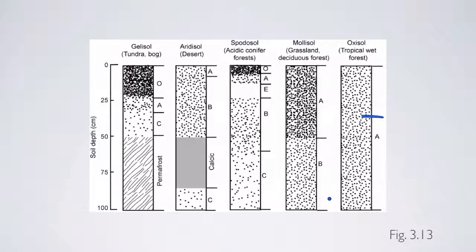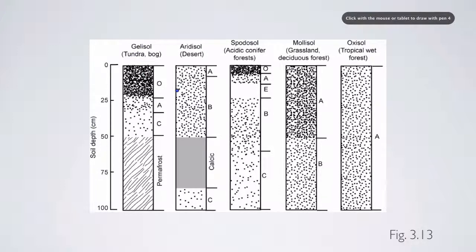The authors give a couple examples of some typical profiles of 5 of the different soil orders. So for example, here is a gelisol, and that's a tundra soil. You're going to have an O horizon that's relatively deep, lots of carbon there. Then you tend to have a relatively shallow A horizon, C horizon there if you do, and then often permafrost. And sometimes you won't even have the C horizon, you go right into permafrost, which is just these soils that would have been very similar to an O or A horizon that just became frozen as new material piled